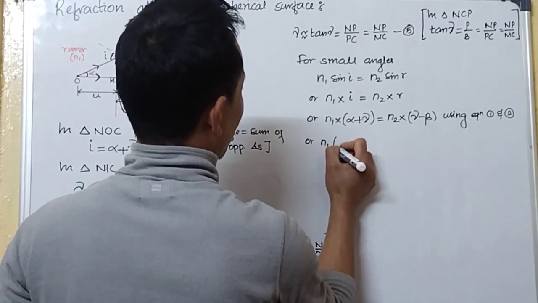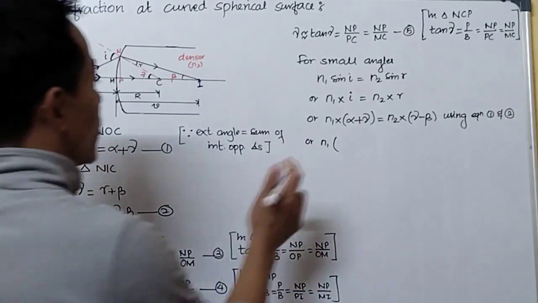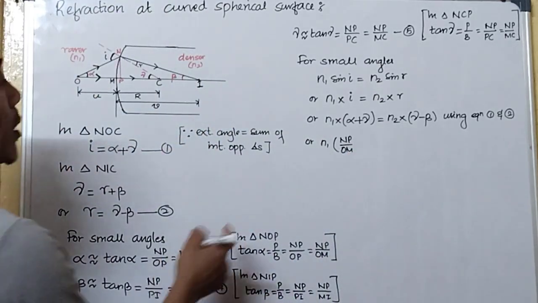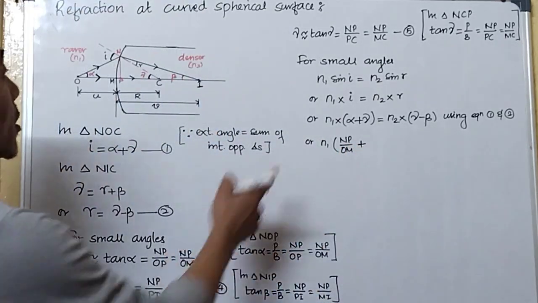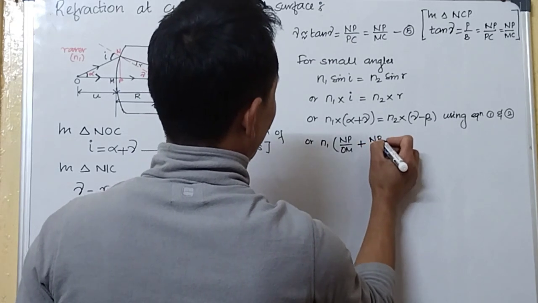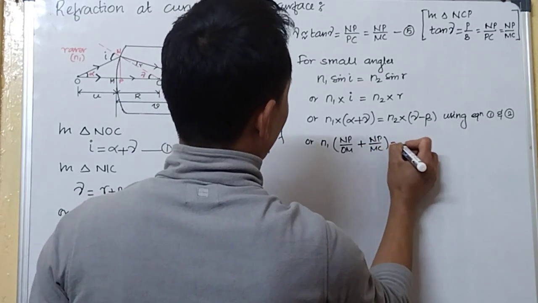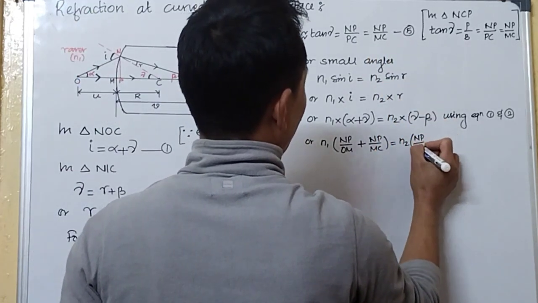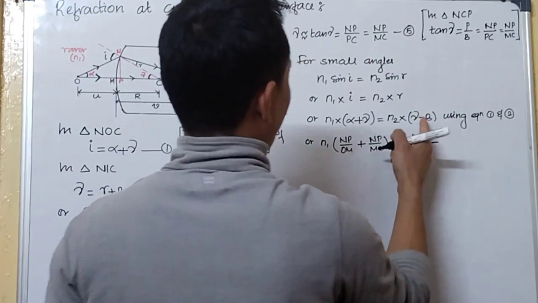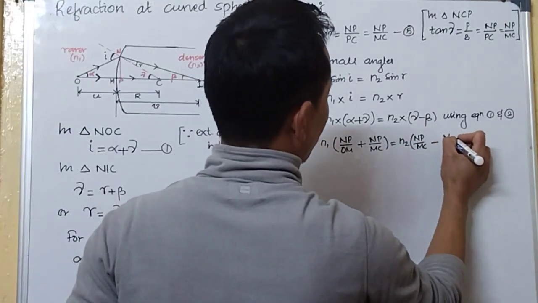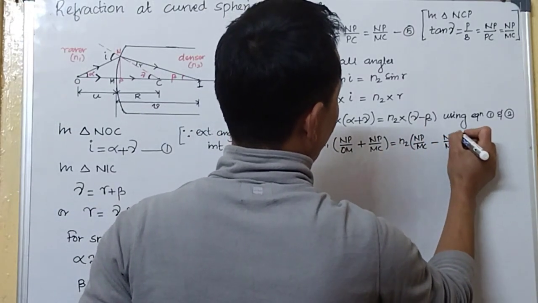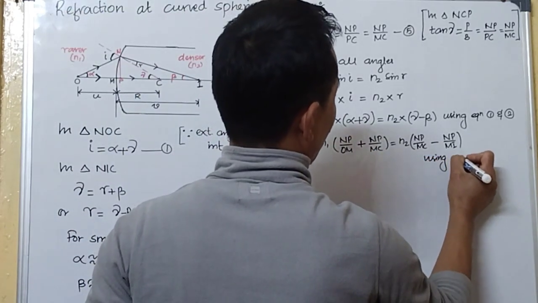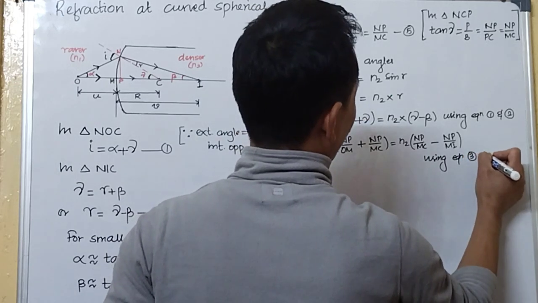N1 times alpha is NP by OM from equation number 3. Gamma similarly is NP divided by MC, equals N2 times gamma is NP by MC minus beta is NP by MI. So we have done nothing but simply replace the values of alpha, beta and gamma using equations 3, 4